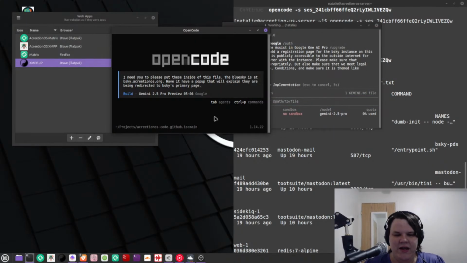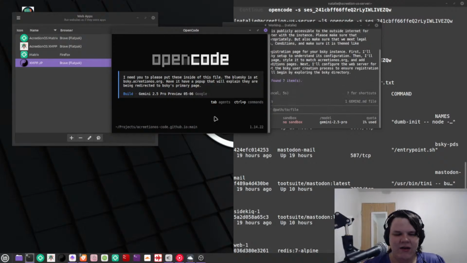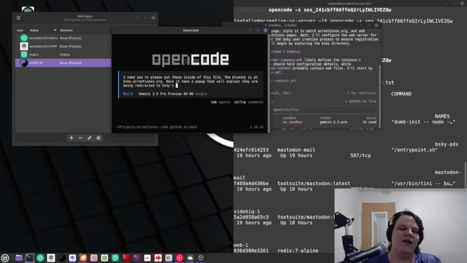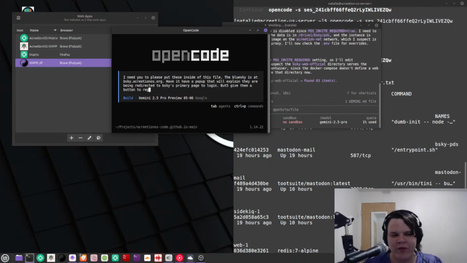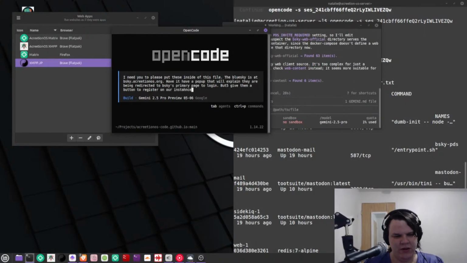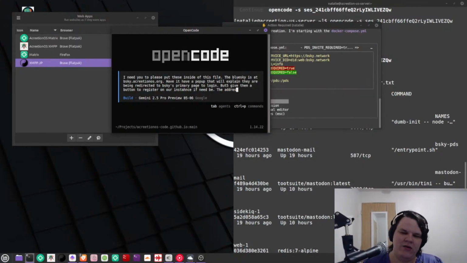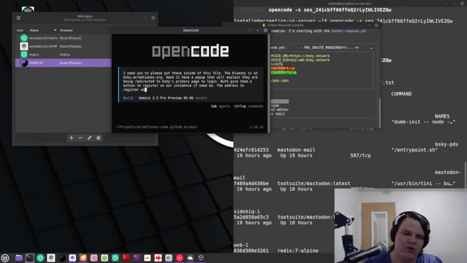Then we're gonna go ahead and page to log in, but give them a button to register on our instance, and the address to register will be bsky.inclusionalness.org/register.